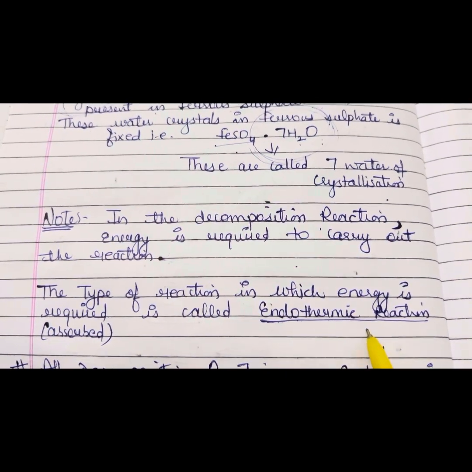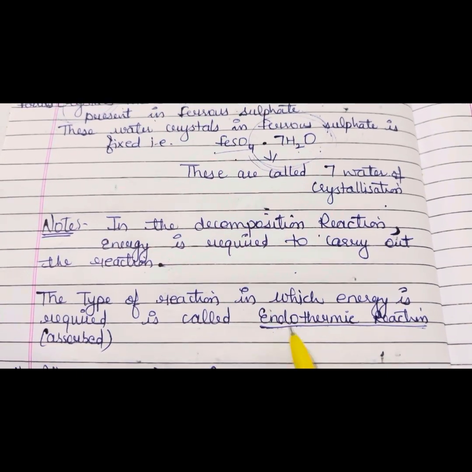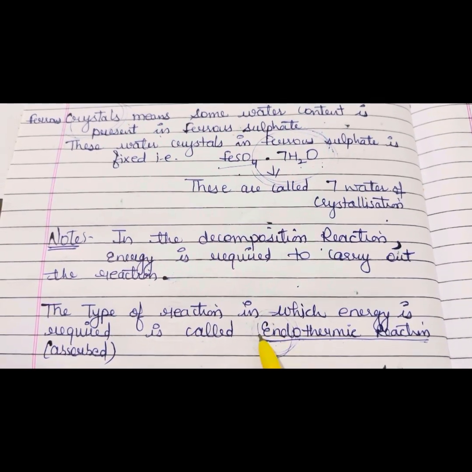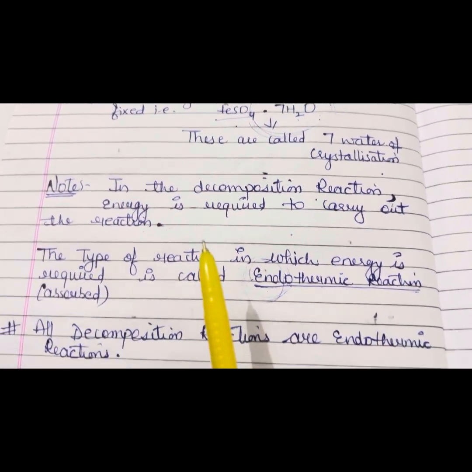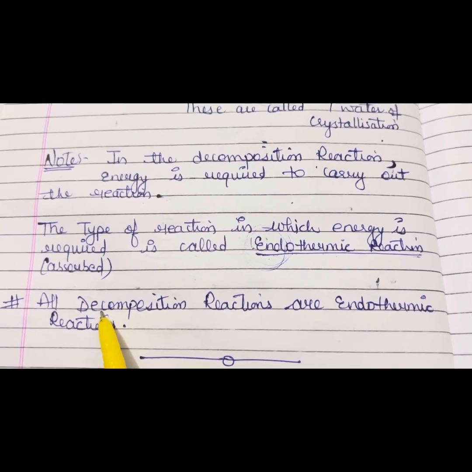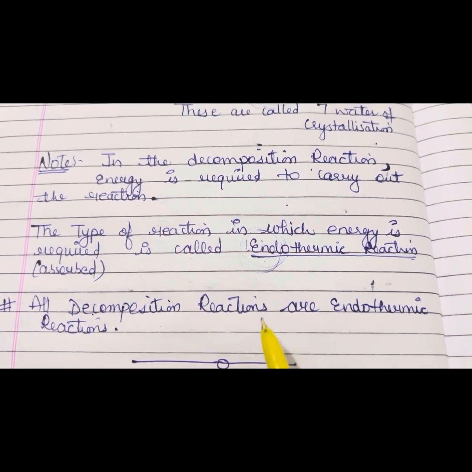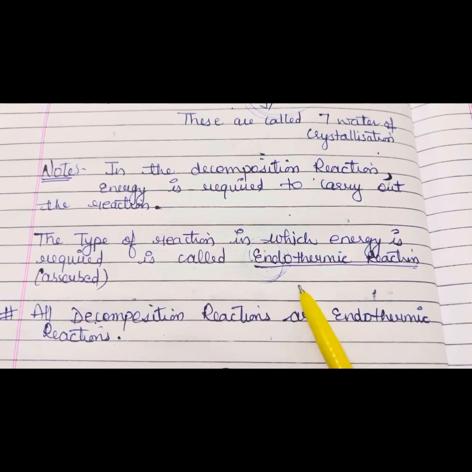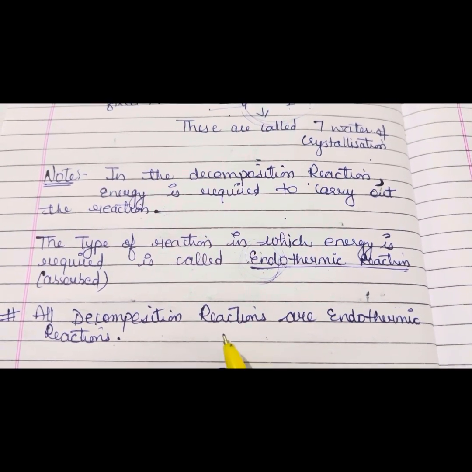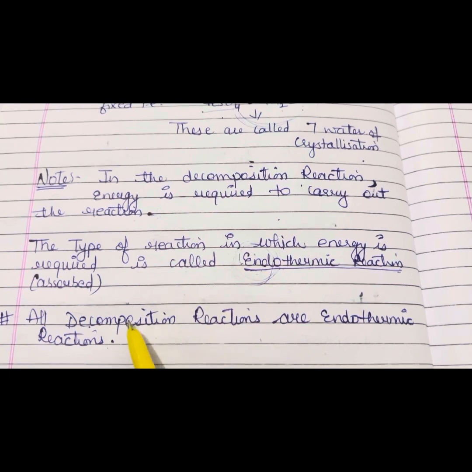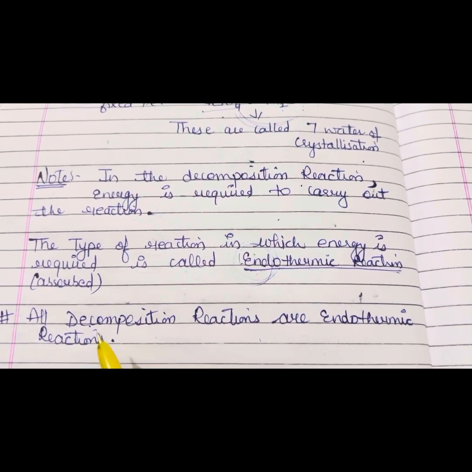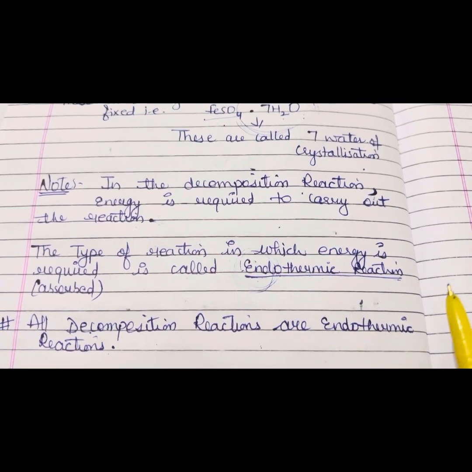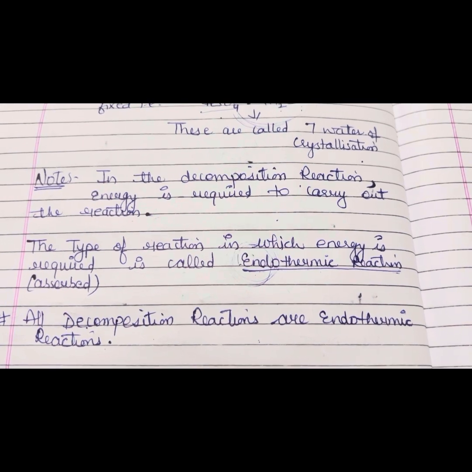So that's why we can say that a type of reaction in which heat is required or absorbed is called an endothermic reaction. Endo means enter and thermic means heat. A type of reaction in which heat is entering is known as an endothermic reaction. Now, one important thing that you have to remember is that all decomposition reactions are endothermic reactions. All decomposition reactions, whether thermal, photolytic, or electrolytic, are endothermic reactions. This is all about the two types of reaction, combination reaction and decomposition reaction. The next type of reaction we will discuss later.